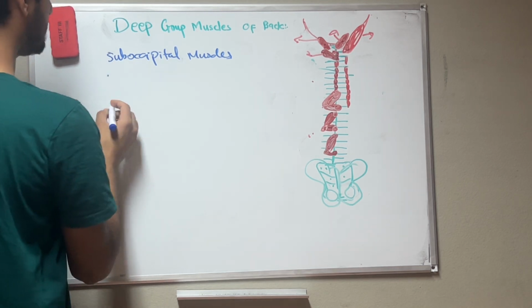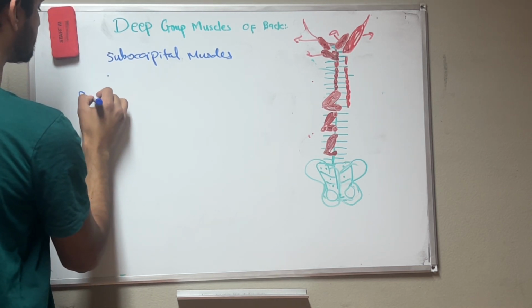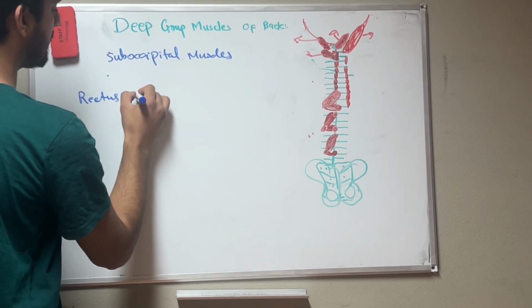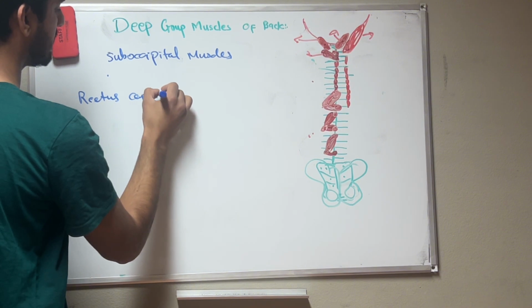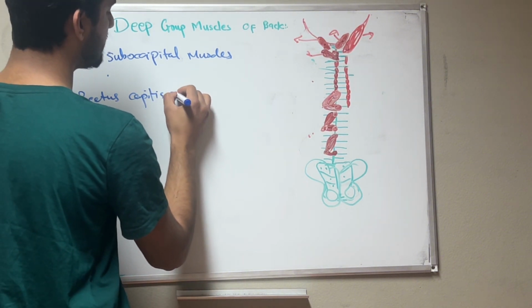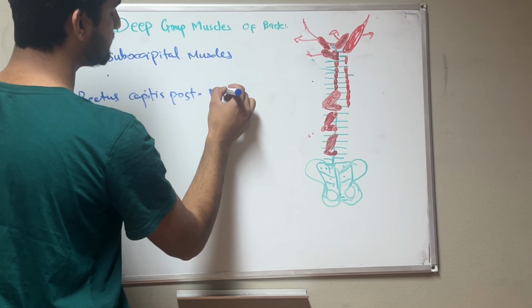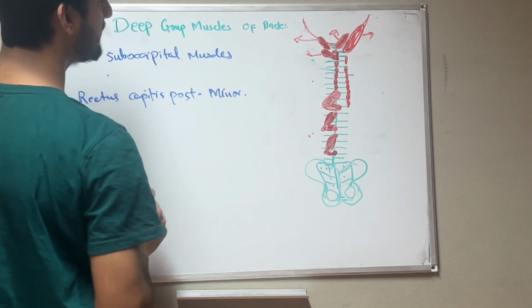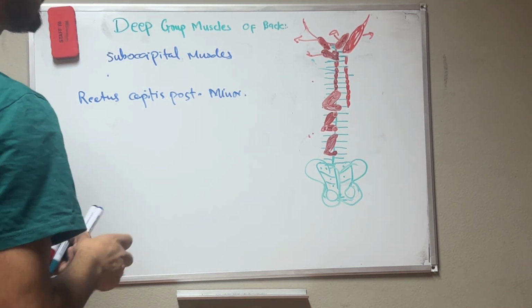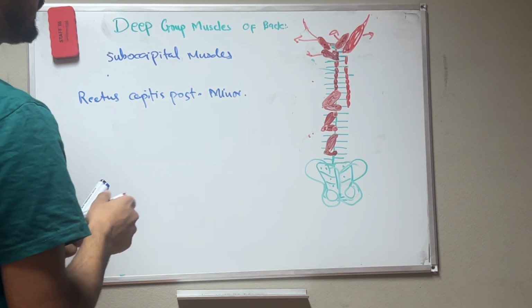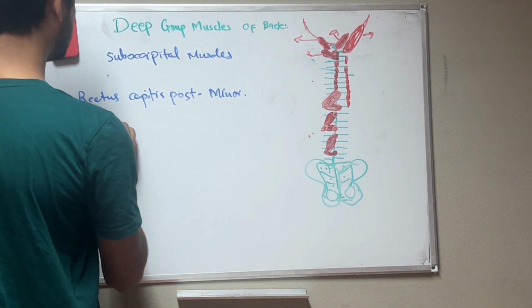Suboccipital muscle. We have discussed rectus capitis posterior minor. Okay, if we talk about the minor, origination from where? Okay, look, origin